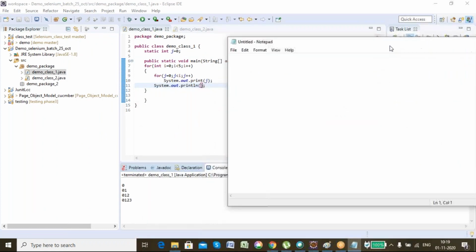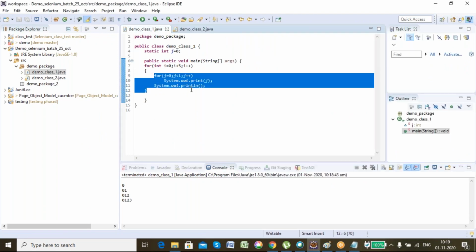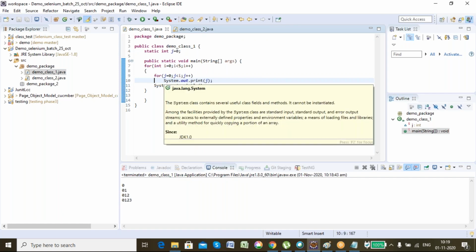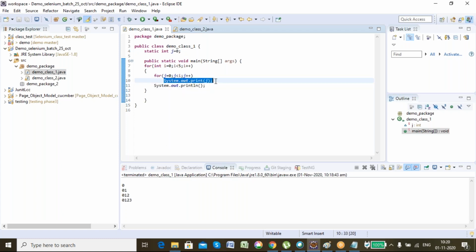Now see, for i equal to 0, what is happening? It will enter inside this loop, inside the body. There will be one statement: for j equal to 0, just replace i with 0, j less than 0, j plus plus. In the first check itself it will not be satisfied, so nothing will be printed. This line will not be printed because j equal to 0, j less than 0, the condition is not satisfied the first time. So this loop doesn't work for i equal to 0.